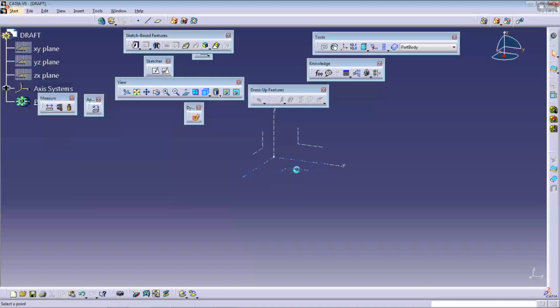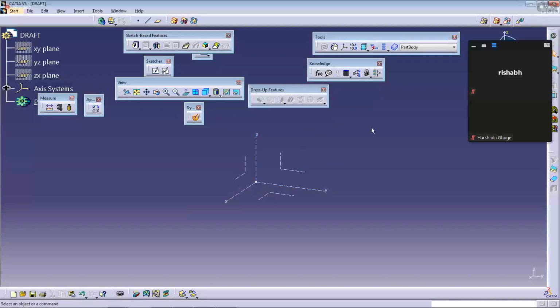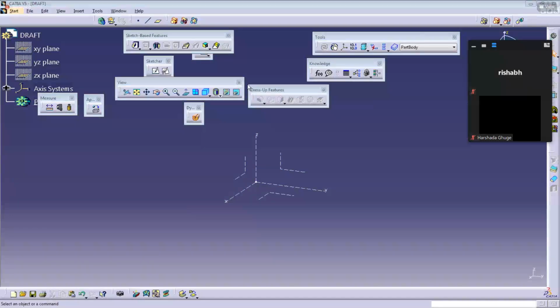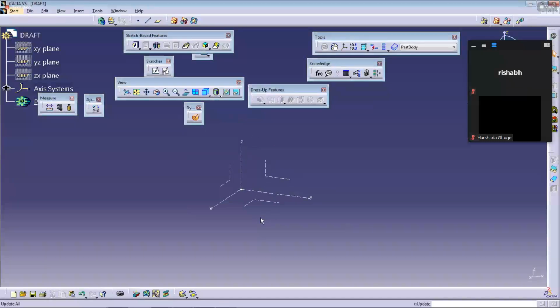In the axis system, you will observe these are the three reference axes directly available as a tooling direction: X, Y, and Z. But sometimes you may require inclined draft direction. Then what you can do? So you have to create the line.